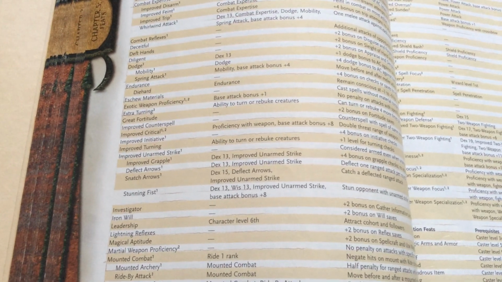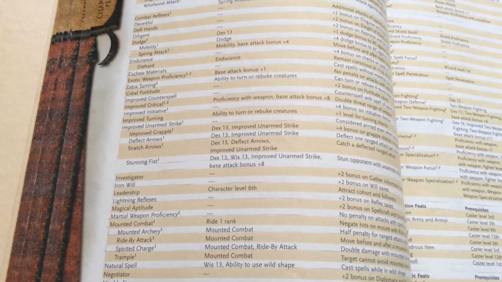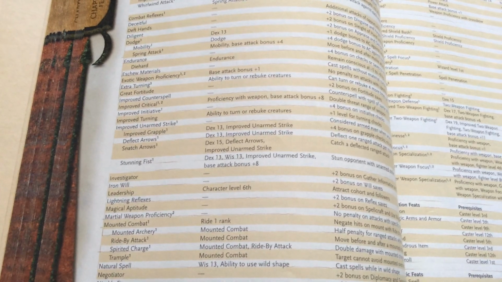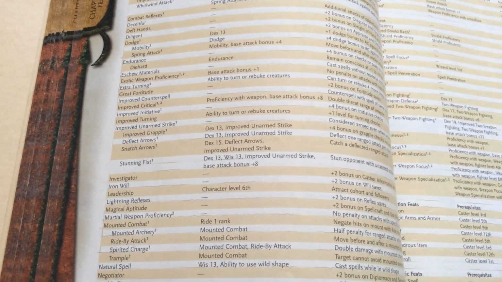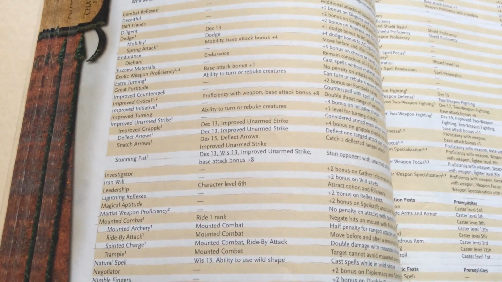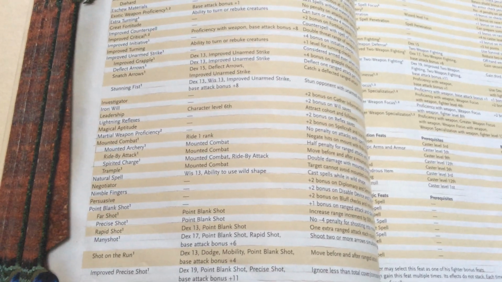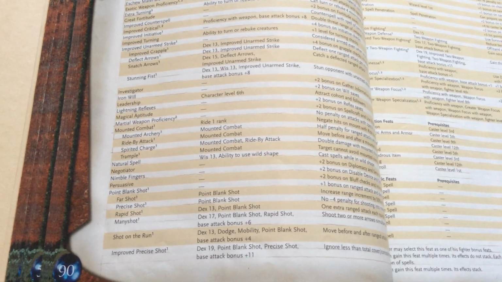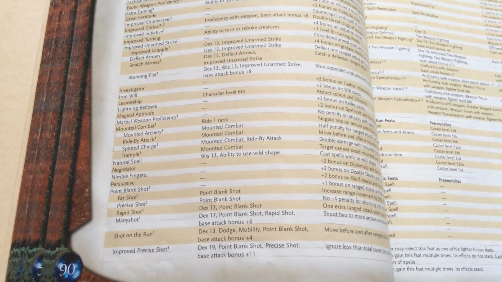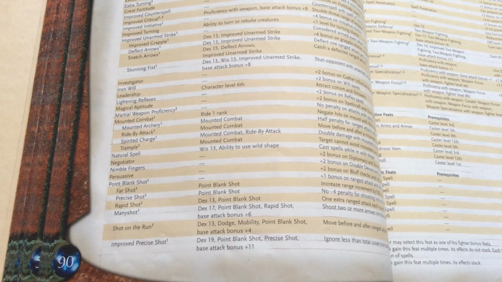deft hands, diligent, dodge, mobility, spring attack, endurance, die hard, eschew materials, exotic weapon proficiencies, extra turning, great fortitude, improved counterspell, improved critical, improved initiative, improved turning, improved unarmed strike, improved grapple, deflect arrows, snatch arrows, stunning fist, investigator, iron will, leadership, lightning reflexes, magical aptitude, martial weapon proficiency, mounted combat, mounted archery, ride-by attack, spirited charge, trample, natural spell,